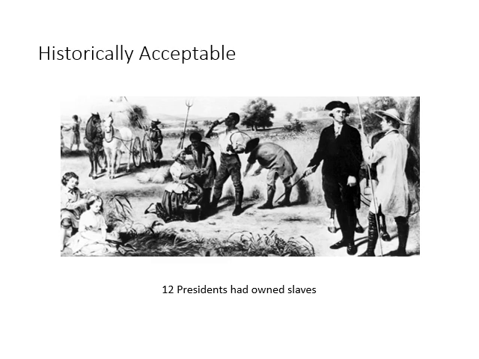Twelve presidents before the Civil War had owned slaves. Some of our most famous figures, George Washington, Thomas Jefferson, owned massive amounts of slaves. We learned about how many slaves Andrew Jackson owned. It was a way of life for many of these people. Again, not acceptable, but at the time, it was seen as historically acceptable.